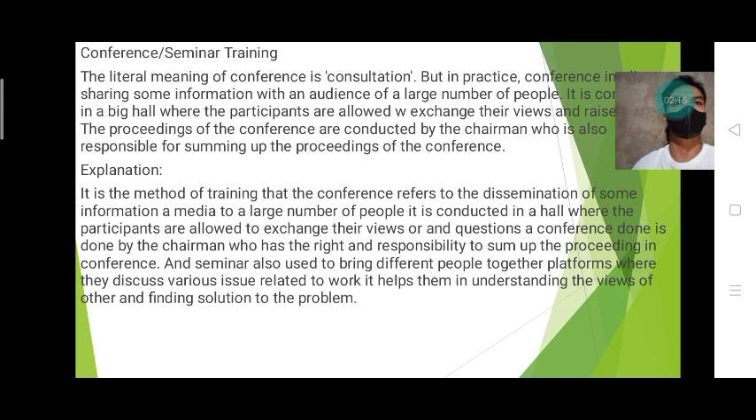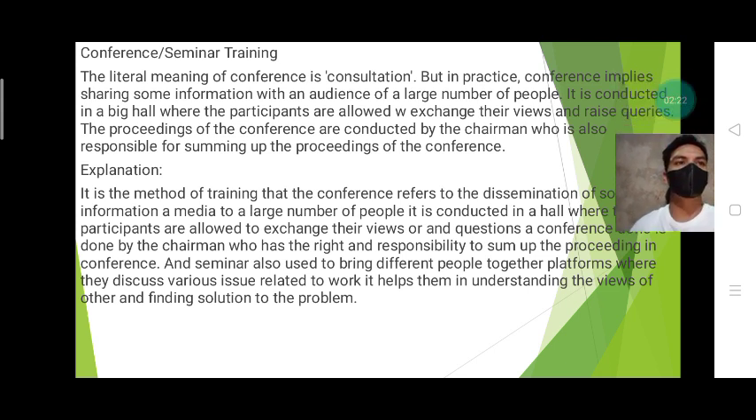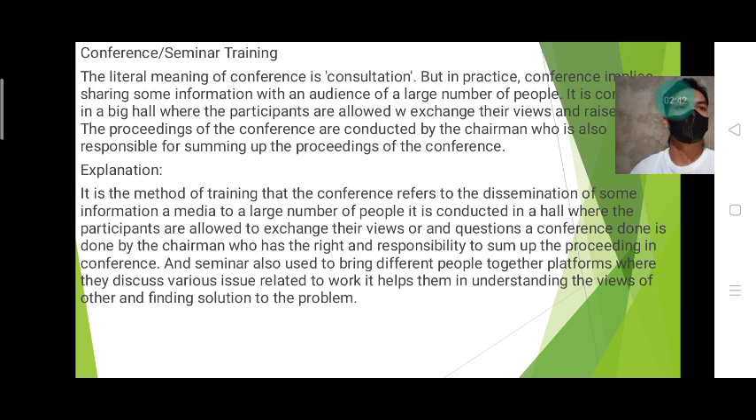Next is conference seminar training. The literal meaning of conference is consultation, but in practice, conference implies sharing some information with an audience of a large number of people. It is conducted in a big hall where the participants are allowed to exchange their views and raise queries. The proceedings of the conference are conducted by the chairman, who is also responsible for summing up the proceedings of